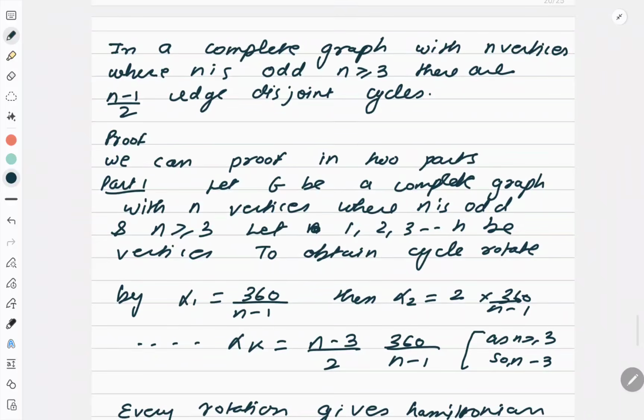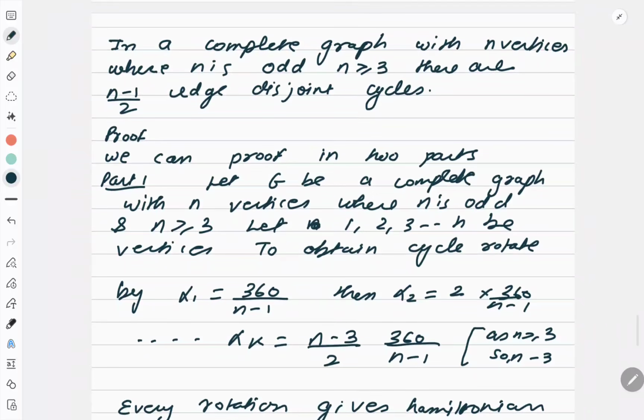Okay, now come to this. This is something very important when it comes to Hamiltonian graphs. In a complete graph, the moment I read a sentence, please go back to your memory and think. Complete means there is a path between every two vertices. With n vertices, where n is odd, there are (n minus 1) by 2 edge disjoint cycles. Now, what is this edge disjoint cycle? That you need to understand.